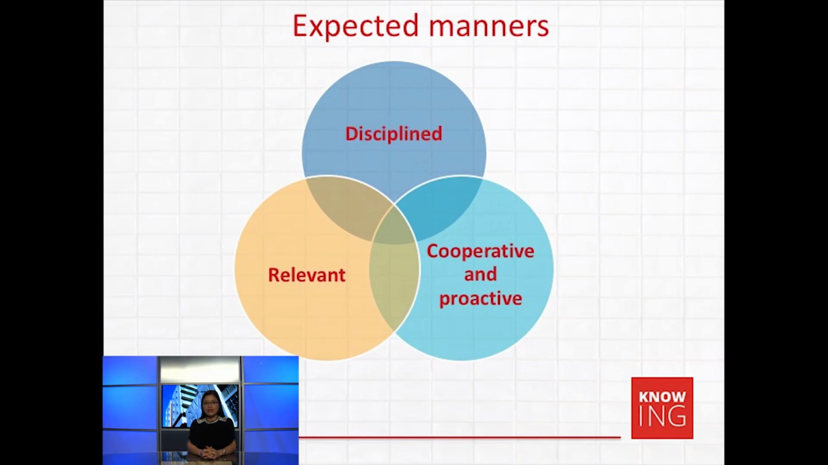To study this unit most effectively, it is also expected that you demonstrate 3 key expected manners: disciplined, cooperative, proactive, and relevant. More specifically, you should be disciplined by spending about 3 hours a module on average to complete compulsory online activities and sharing your experiences or perspectives on Blackboard or Canvas discussion forums. You should,